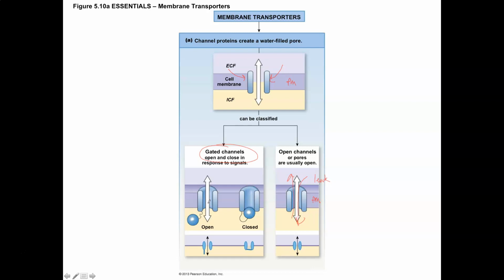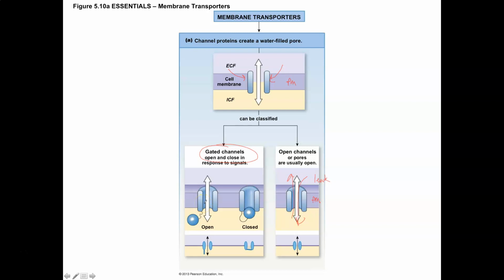Some gated channels are chemically gated, meaning they're going to open in response to a chemical signal. So maybe a neurotransmitter binds to that protein and causes that protein to open. Some channels are voltage gated, and so they're only going to open when you reach a certain voltage of the